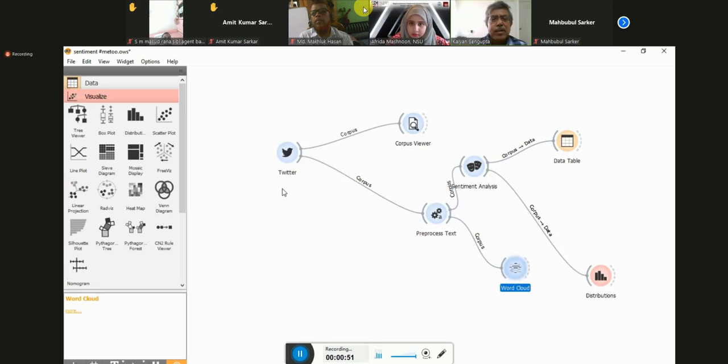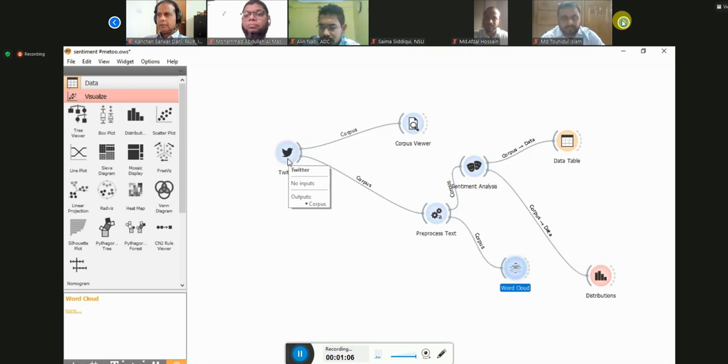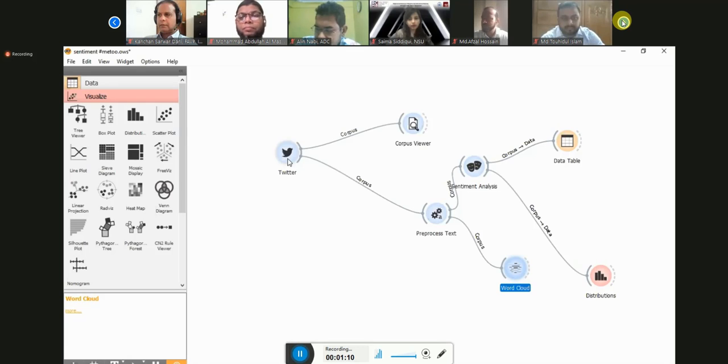As you can see, the Twitter node, if I double click the Twitter node, my objective is to see what the people, what the consumers, are telling about a particular bank, say. Now, as you know, here we have SBI, the State Bank of India, which is very famous. So we can collect the tweets immediately.